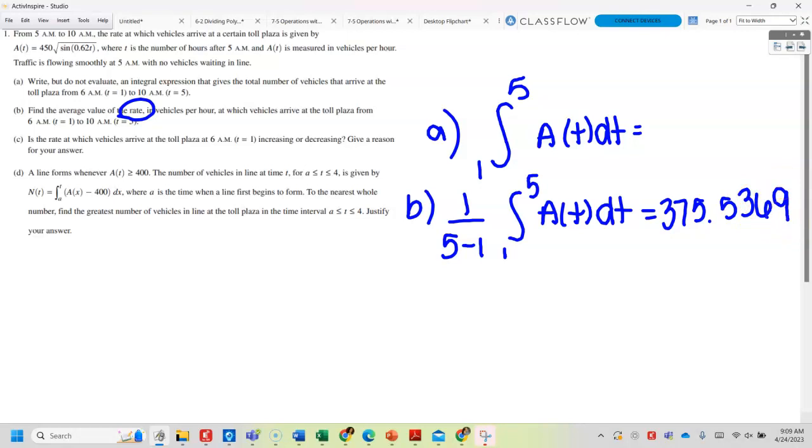Then it says find the average value of the rate in vehicles per hour at which vehicles arrive. So it doesn't ask you for it, but I am more than likely going to explain or just add to it that the average rate